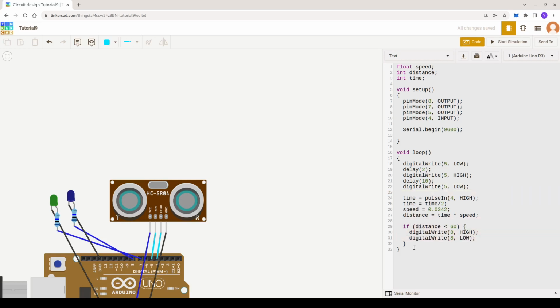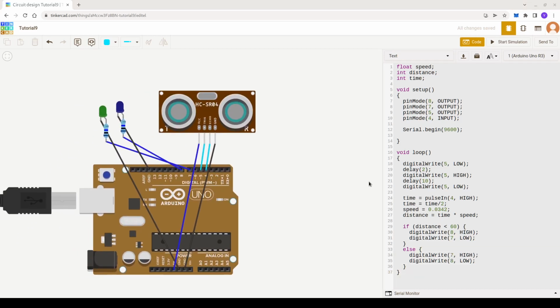I will just go ahead and copy that up, and in the else statement I will paste this, and this. So 7 to low. So if it is smaller than 60, else we want 7 to high and 8 to low. So 8 to high, 7 to low. Okay, now let me just check this out, guys, the output, and then finally I will explain the code